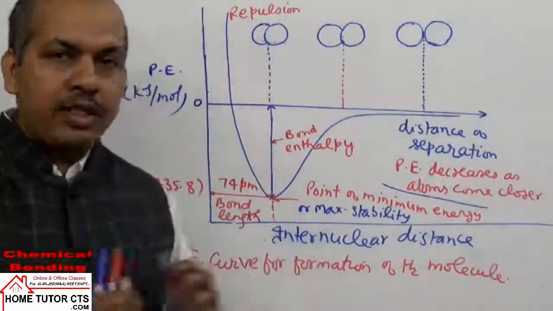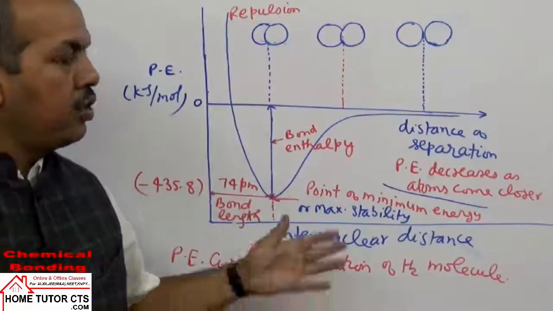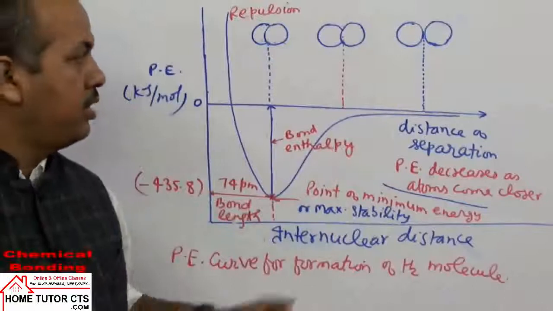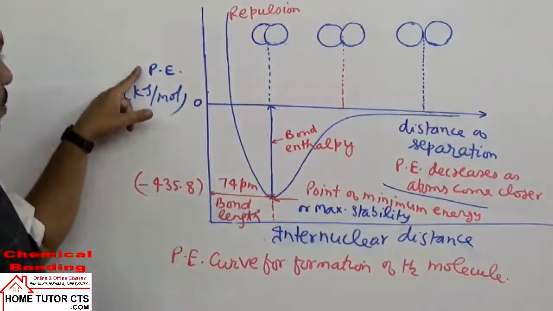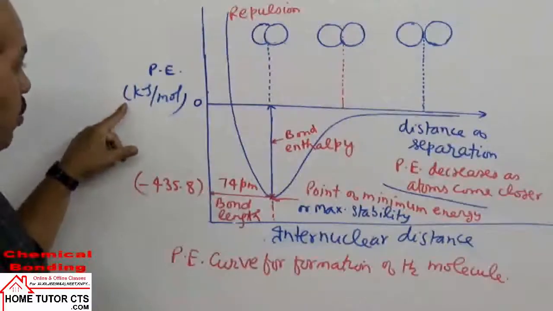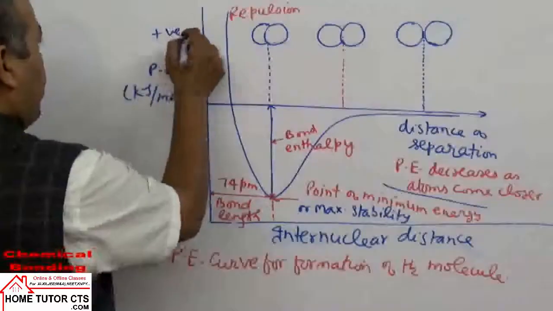See how the atoms will form a molecule. It has been explained by the overlapping of orbitals. Now we can take two hydrogen atoms. The graph is drawn: potential energy in kilojoule per mole. It is 0. Upside we have positive energy, and lower side we have